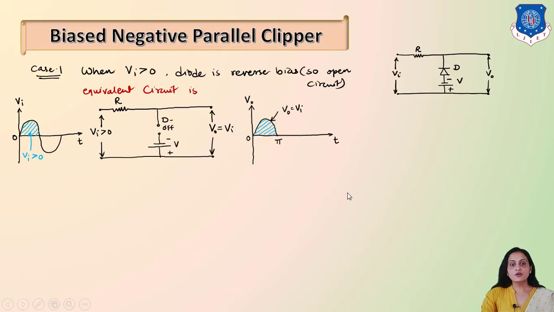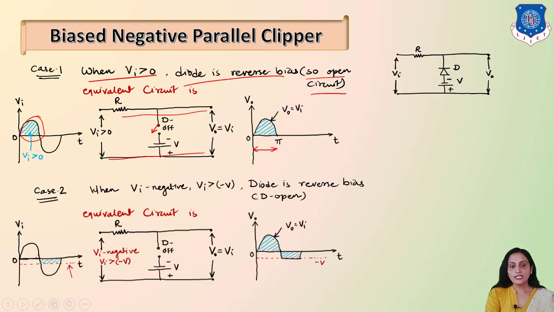So let us consider the first case where we have considered the input is greater than 0, the diode is reverse biased, so it is acting as an open switch. So the diode is off, the switch is open, and we have applied the input signal, a sinusoidal signal, and we are plotting the output for this particular part, that is Vi greater than 0. As the diode is off, you will see that the output two terminals are directly connected to the input, and you will be able to find from 0 to pi, that is during the positive half cycle, the output is equal to the input.